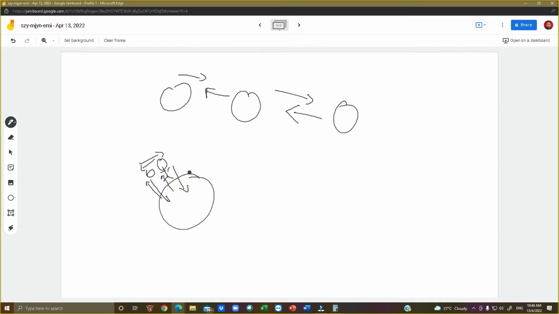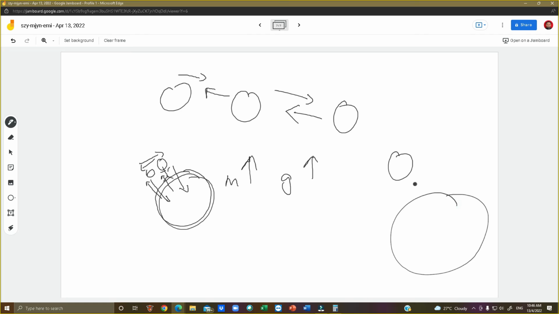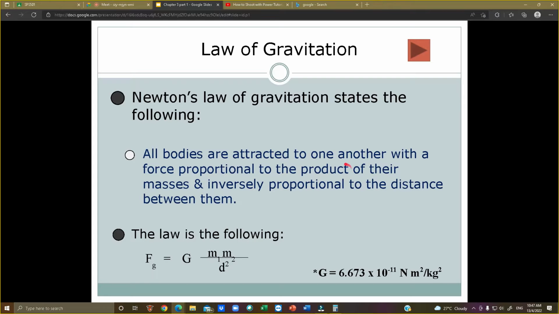Means, if you are larger, if your mass is higher, your gravitational force is larger. So if we compare apple dengan bumi, bumi punya attraction is much higher compared to the apple. And so to do so, apple being attracted to the earth. Dah kita kata apple tu ada tarikan graviti jatuh ke bawah. Itu yang kita nampak. But it is due to the size. So the apple try to attract, but not powerful enough. Itu maksud statement yang kedua. Force proportional to the product of their mass. Lagi besar, lagi kuat attraction.